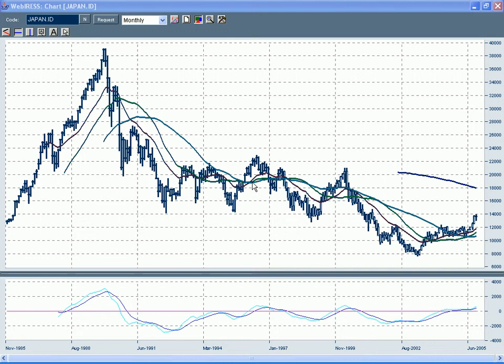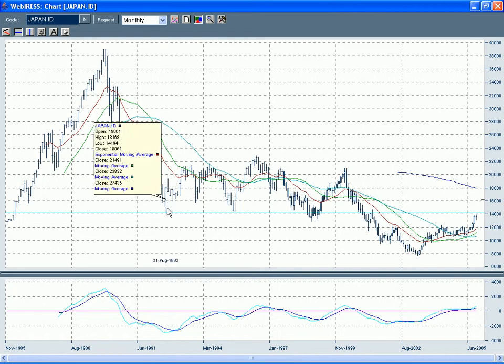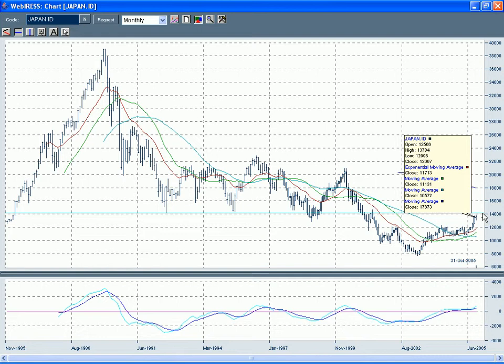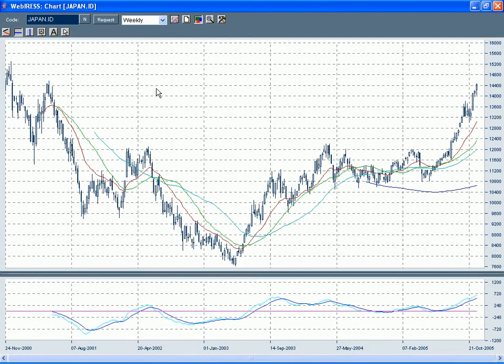Right, we'll start with the Nikkei in Japan and we'll just take a look at a couple of key levels. We can see here that we have support at 14,000, and that has now become resistance at 14,000. I think if we switch to the weekly, we can see that we've actually cracked 14,000,